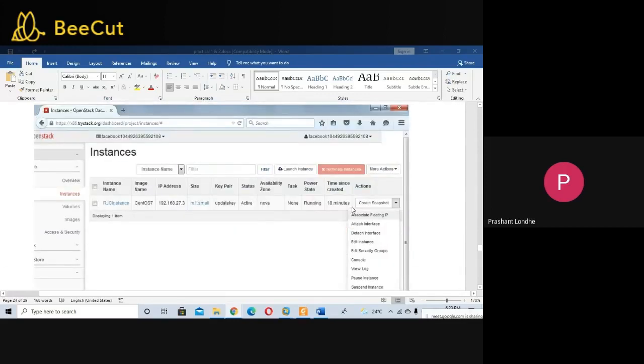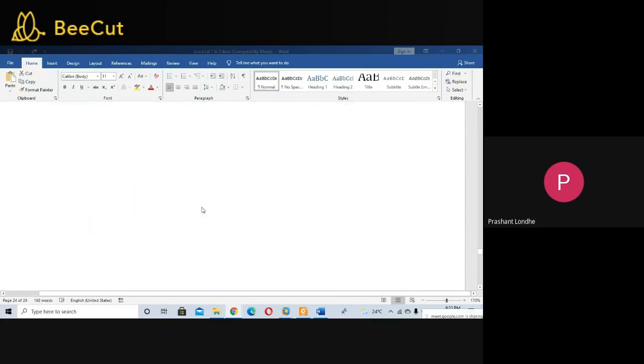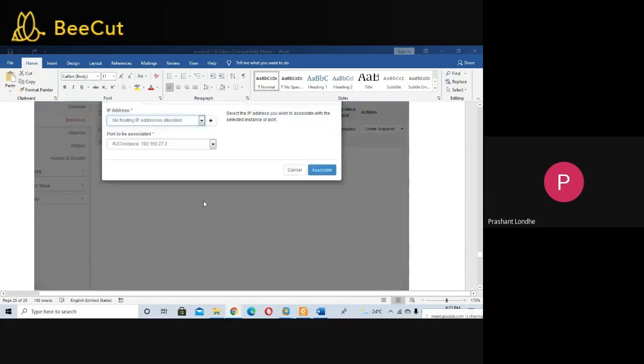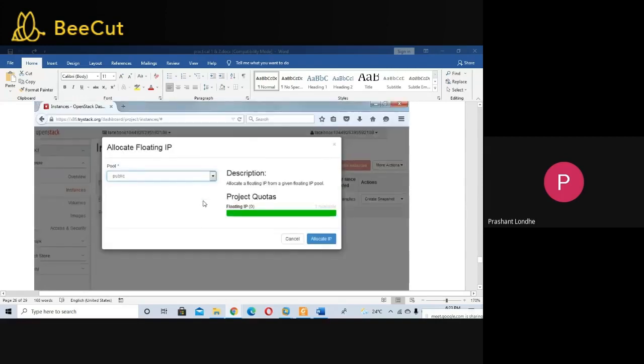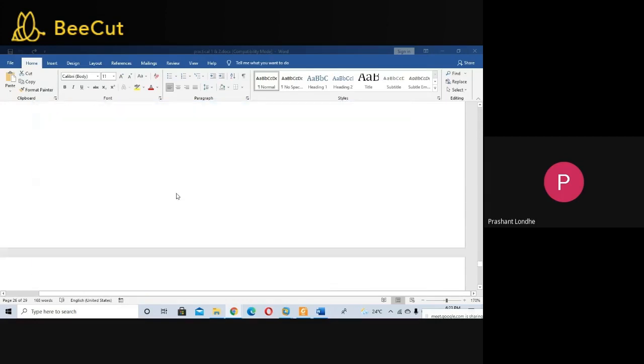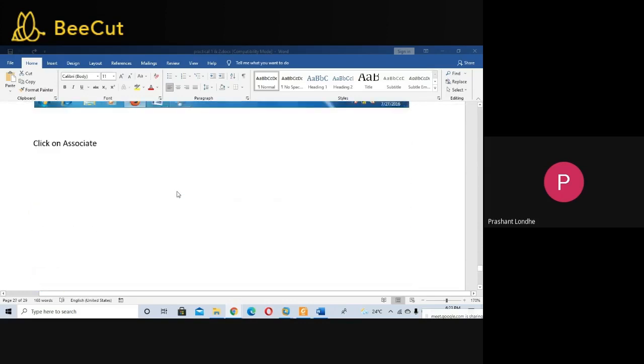Okay, so you can create and remove this instance also. You can take a snapshot also. You can attach interfaces and detach interfaces, whatever you can do with one kind of operating system, you are able to do with these interfaces. Also you can allocate a floating IP, but it is again optional. If you don't want to allocate, it is also okay. Launching the instance is sufficient for creating the public and private cloud.